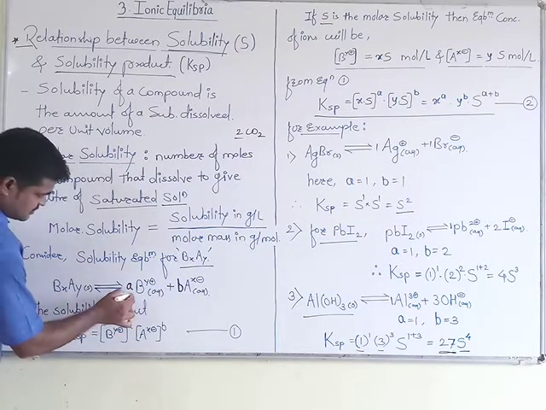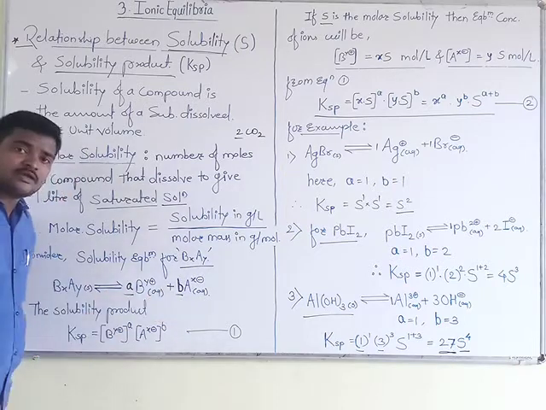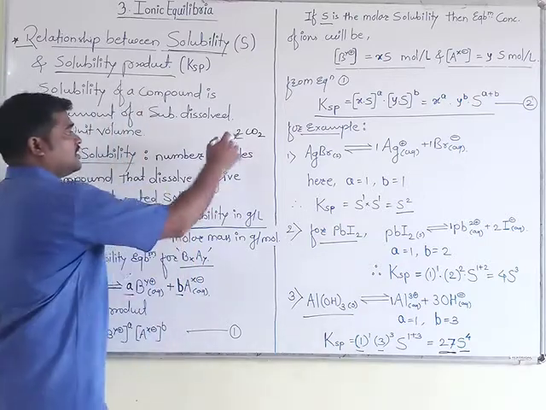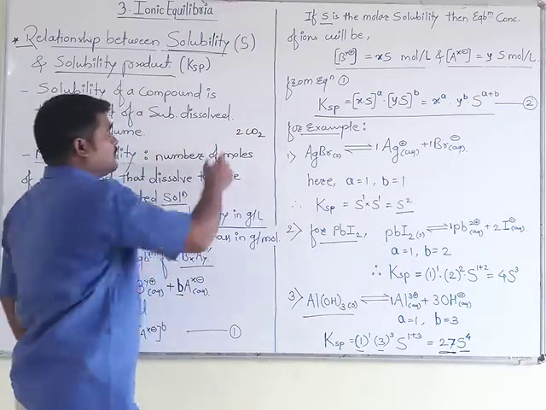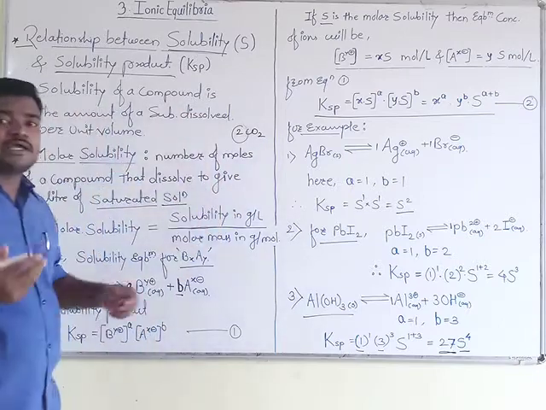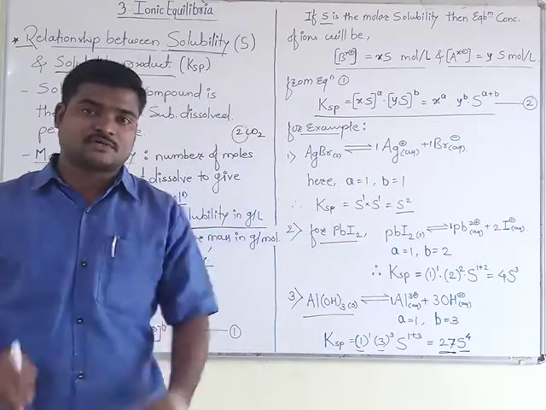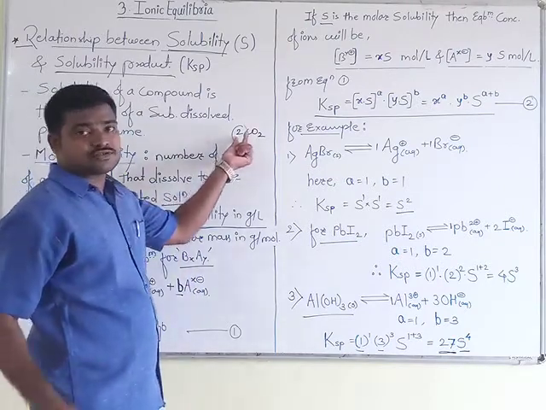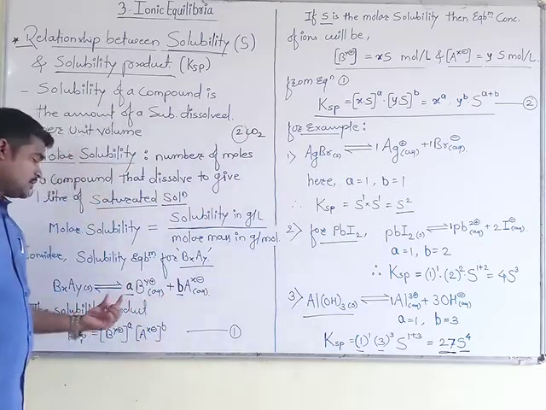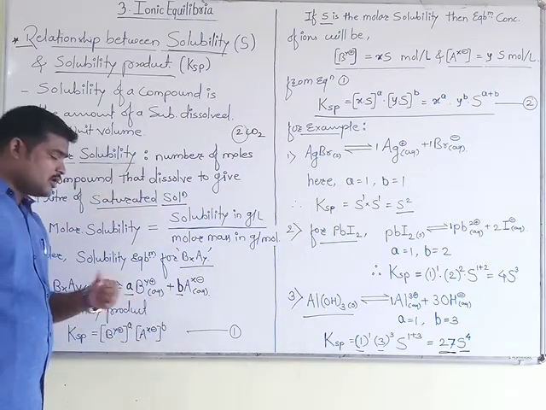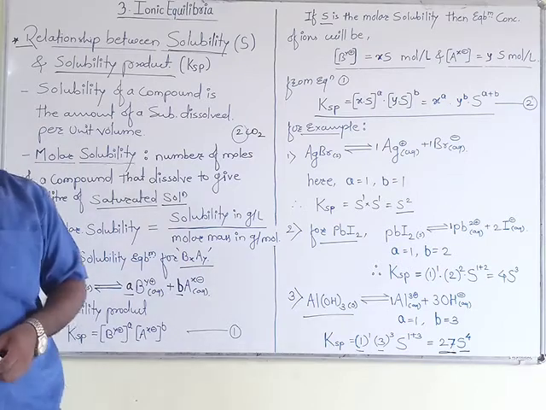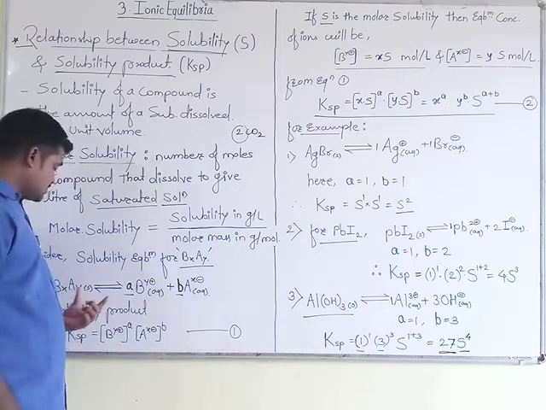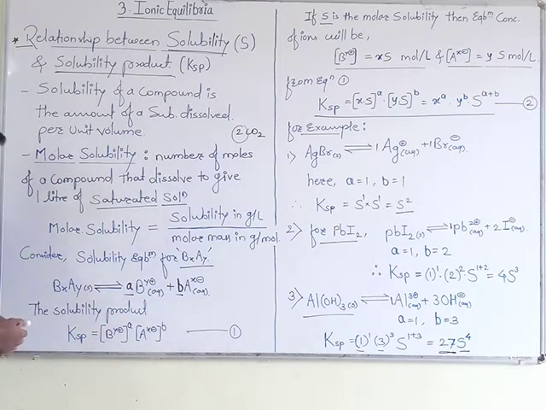Now look at these two terms, small a and b. What do they indicate? They are nothing but coefficients. Suppose I have written here 2CO2. This term indicates its coefficient. Like that, in salts there may be a presence of coefficients. So to avoid that confusion, these two terms, small a and small b, are introduced. They show the coefficient terms for the corresponding salt.